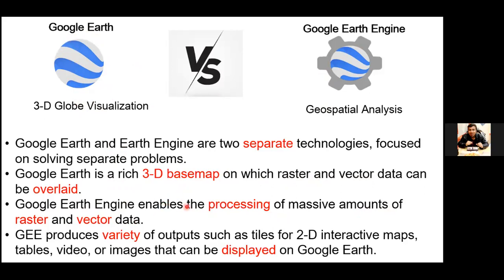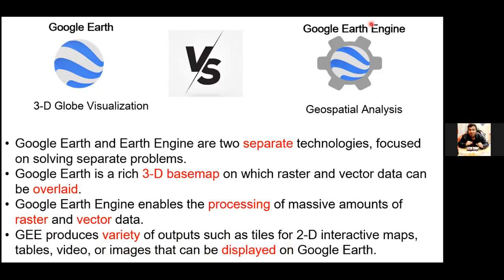But Google Earth Engine enables the user to process massive amounts of data, raster or vector or any other format related to geospatial technologies. And lastly, GEE, that is Google Earth Engine, produces a variety of outputs such as tiles for 2D interactive maps, tables, video, and images that can be displayed on Google Earth.